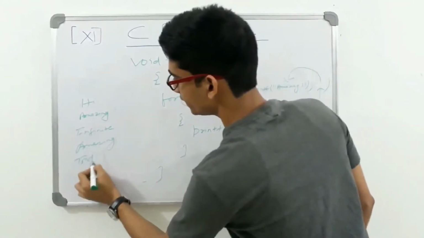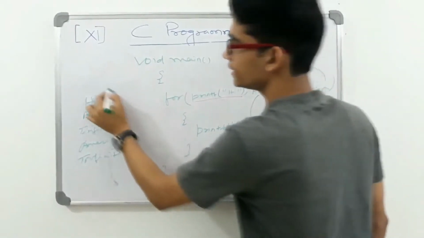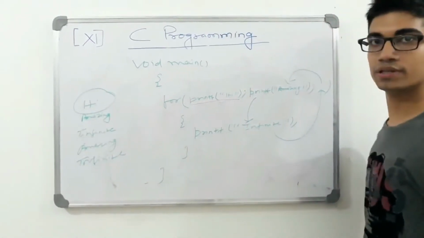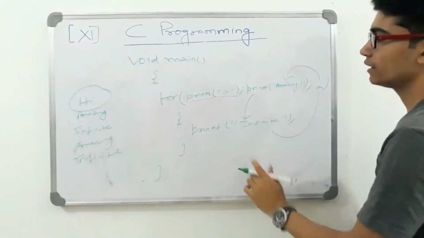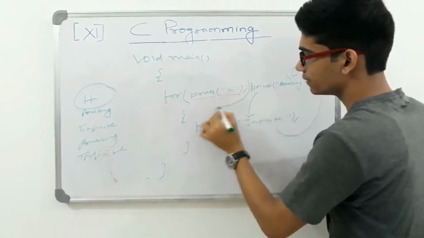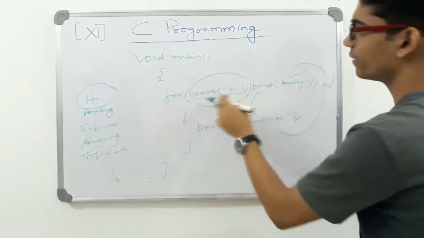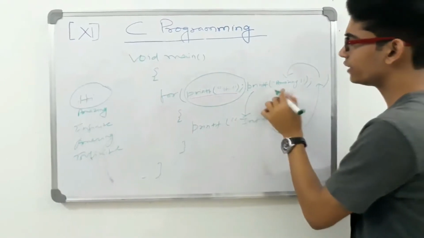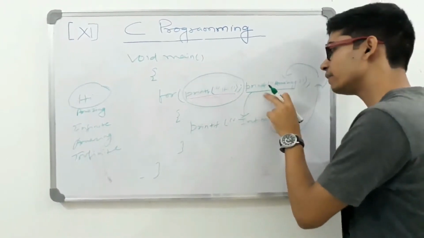So infinitely, till the stack overflows, it is going to print like this. Only this part is going to be printed only once. Okay, am I clear? So this was the idea. You should always keep in mind this will be executed only once, and you can write any statement here, printf, scanf,